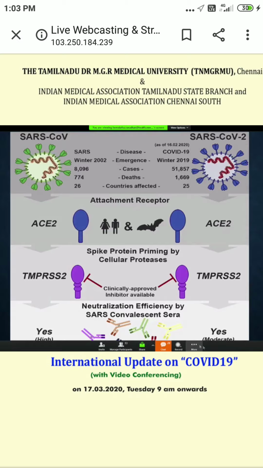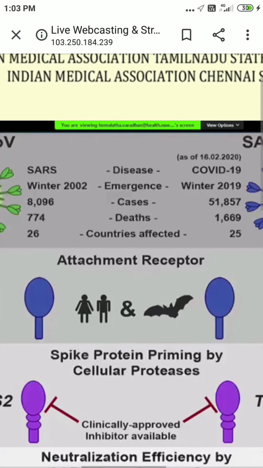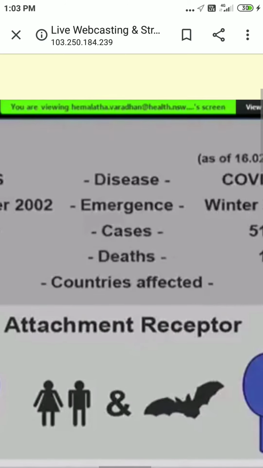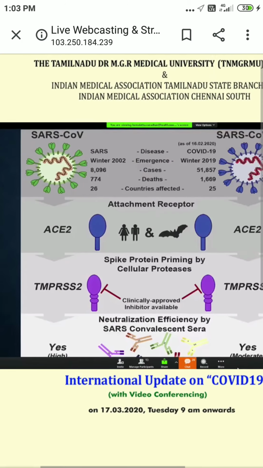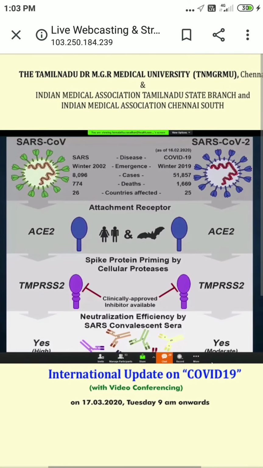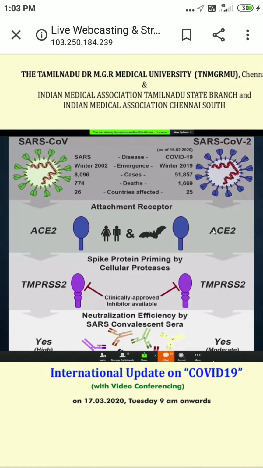So what we have seen is probably just 2 or 3 types. They are the reservoir, and they have the capability for some reason of ability to bind and multiply several heterogeneous populations of coronaviruses. And it all depends on the susceptibility of a particular mammal to get exposed to the virus, and also the presence of a unique chemical structure of the binding receptor, which is the ACE2, that determines the